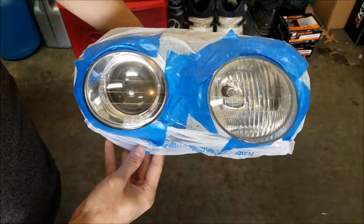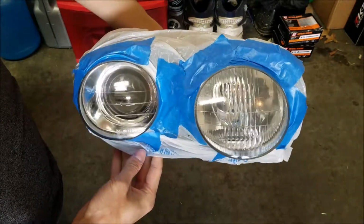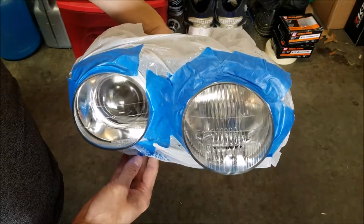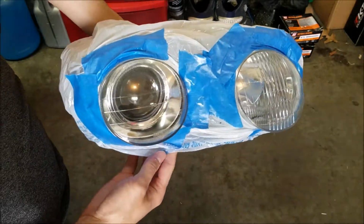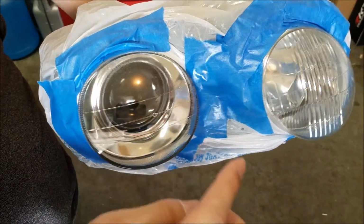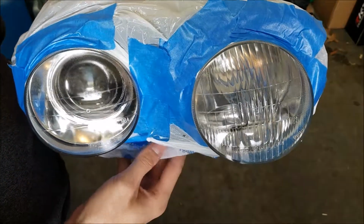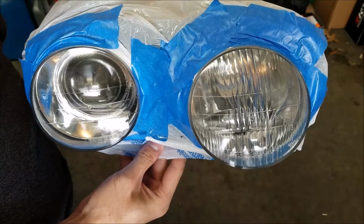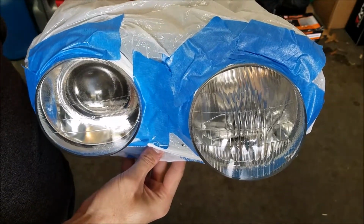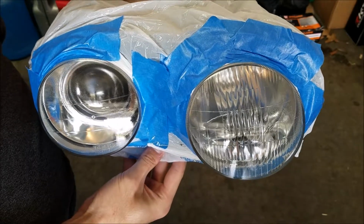Alright, here it is after that last coat there. So 2 coats of clear. Now, I don't know if you can see it, but right in here and a little bit on the top on the other side, it started getting a little bit of texture. I think I put on too thick of paint, or too thick of clear coat too quickly, and